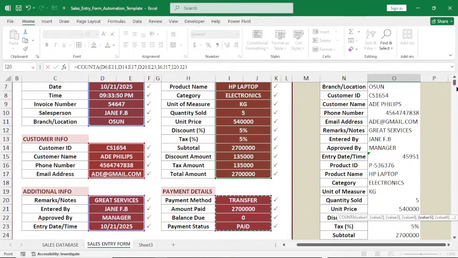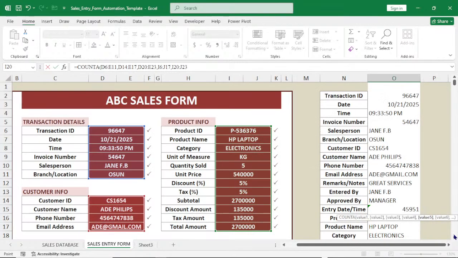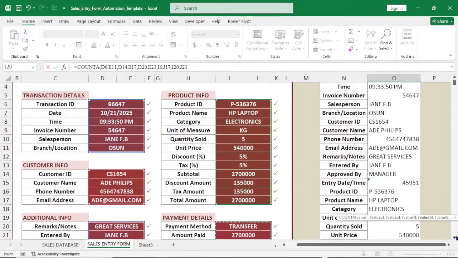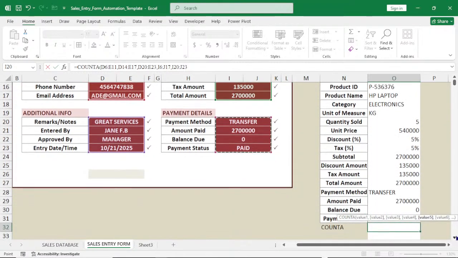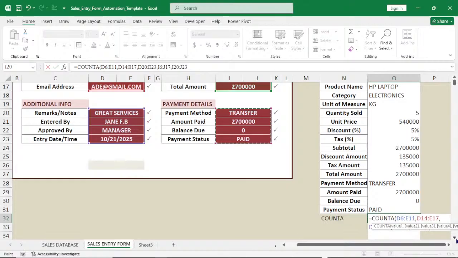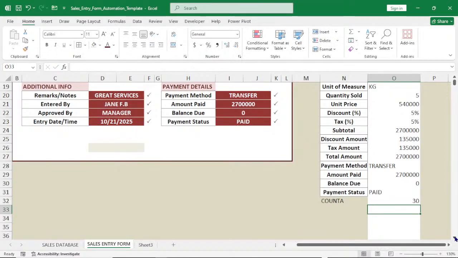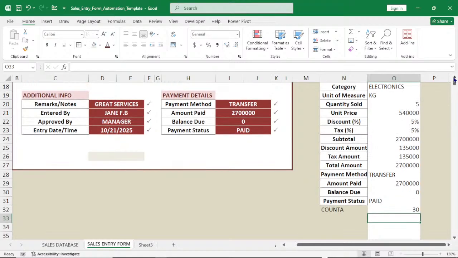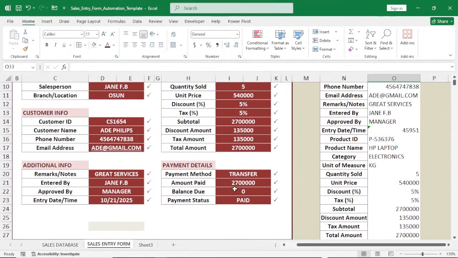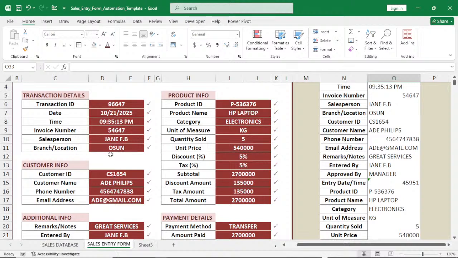So what we just did is to use count A to say count the number of cells that have values in them, whether they have number, whether they have alphabet, count it, provided that they have value or they have data in it. And then we hit enter. Automatically it told us that the number of cells are 30. They are 30, so let's count it. If you want to count it, this is 4, 4, 8, 8, 12, and then this 12 plus 6, 18, and then the 18